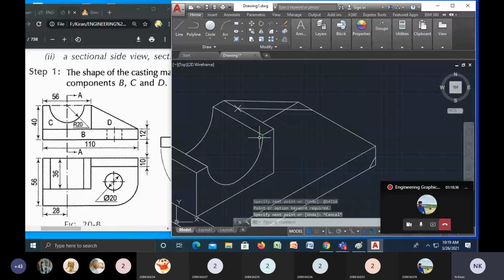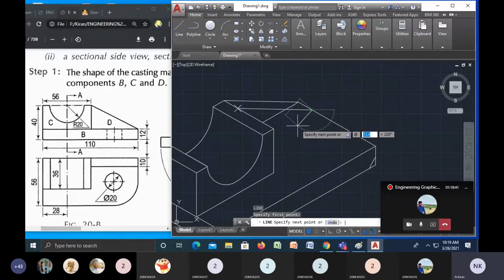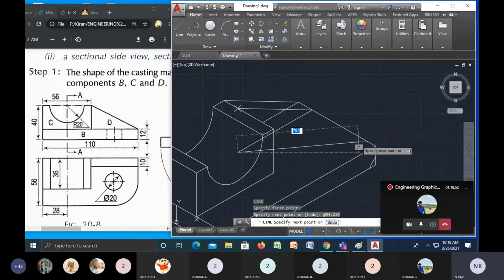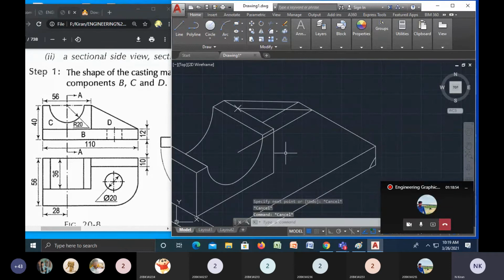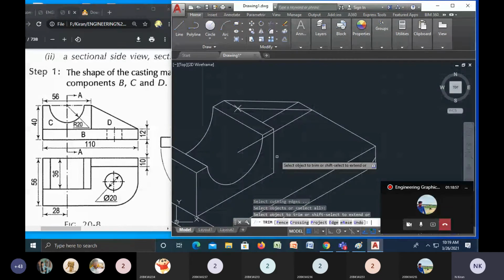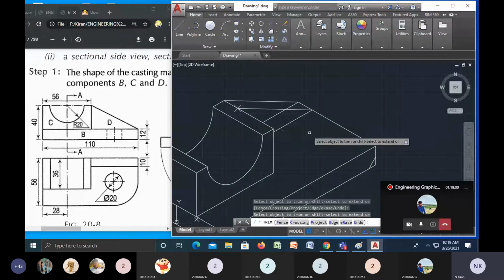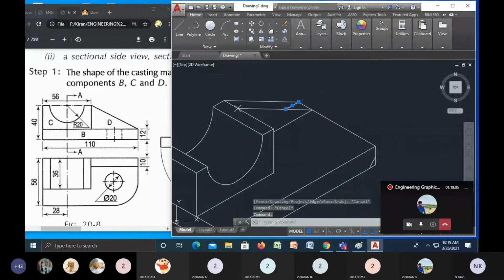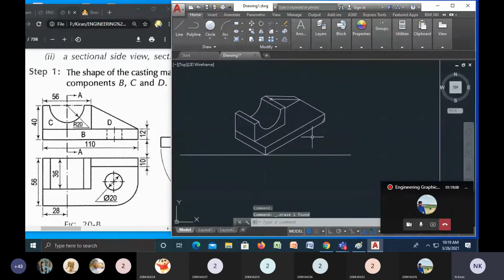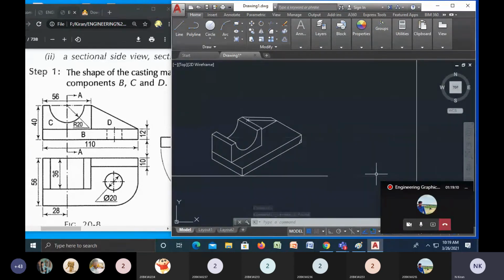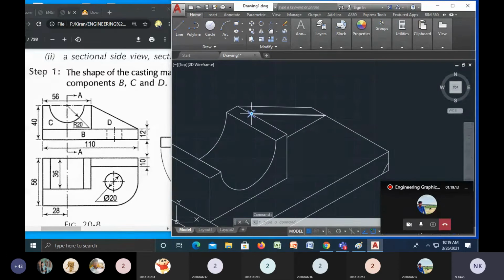Okay, it's not coming up. One minute. L enter. From this point, shift at the rate and 56. 56 completed, so I have to take 54 angle 210. Right. So escape, and whatever the remaining part is there, I'll trim off. Right. Okay, and here also we know one. This is your inclined surface. This point also I will delete.